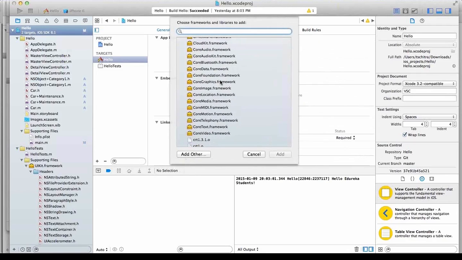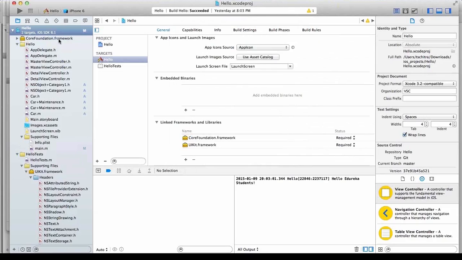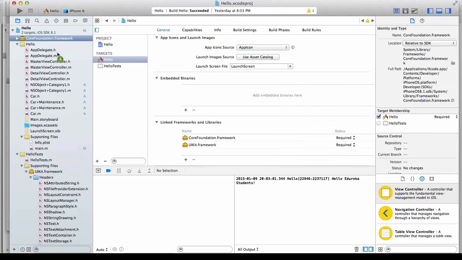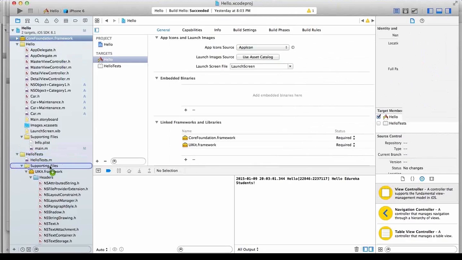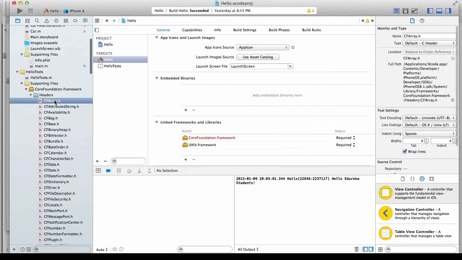Say for example, the core foundation framework. If you add it here, then it comes here. So I drag it onto the supporting files, and in core foundation you will find all these classes, CFArray,